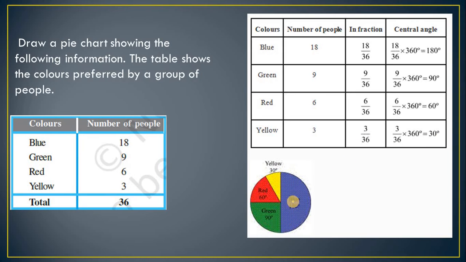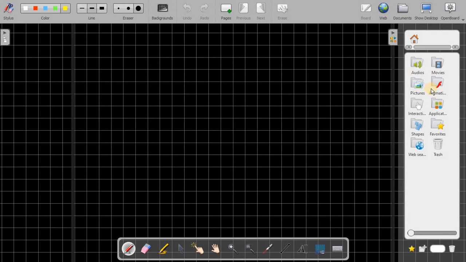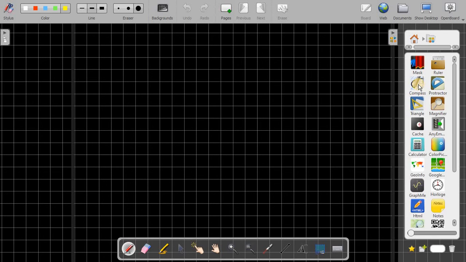Then inside it you can write the name, or give a different color, or write the name outside the circle. Now I will show you how to draw the pie chart using a compass and protractor. Keep in mind there are 4 colors, with angles 180, 90, 60 and 30. So we will draw the pie chart now. First I need a compass.